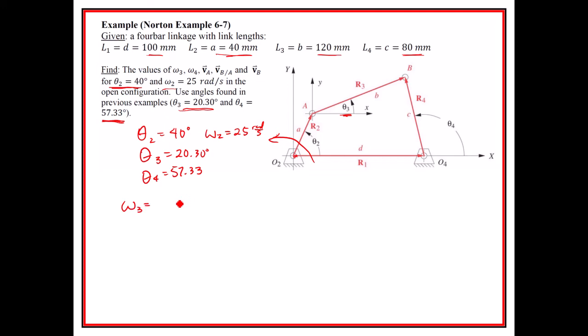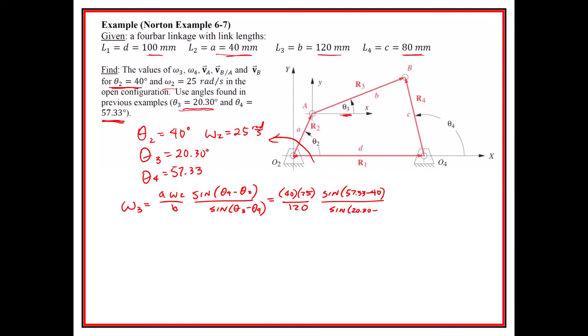To get omega 3, we just apply A omega 2 over B times the sine of theta 4 minus theta 2, divided by the sine of theta 3 minus theta 4, which ends up being 40, 25, over 120, times the sine of 57.33 minus 40, divided by the sine of 20.30 minus 57.33. And that's going to end up equaling minus